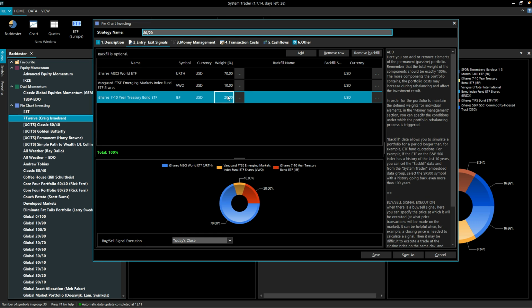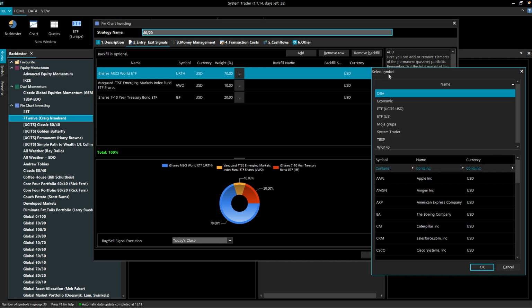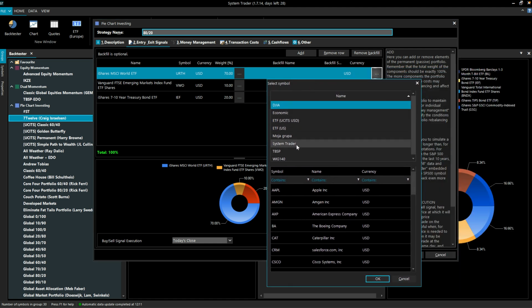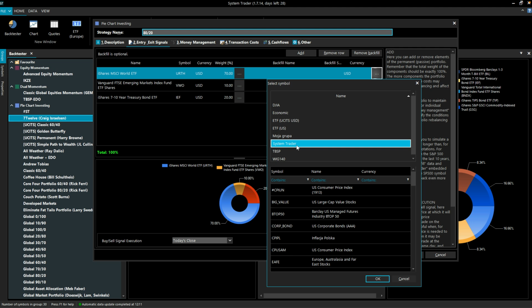But because we have ETFs here, the data for ETFs is going back 10-20 years. But we would like to see how our portfolio, when we accumulate, when we then distribute from that portfolio, is performing over the matter of decades, not years. Therefore, we have to set also the backfill data. And for that purpose, let's click on that button here, and in the System Trader, let's set the backfill data